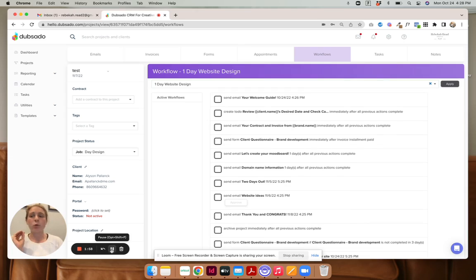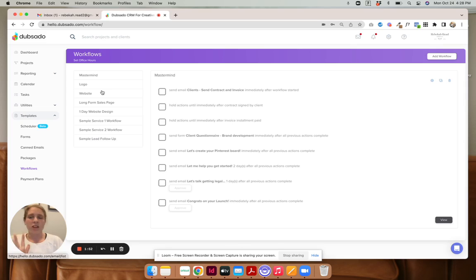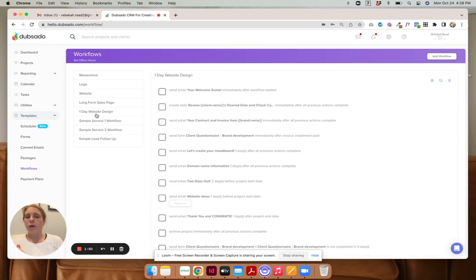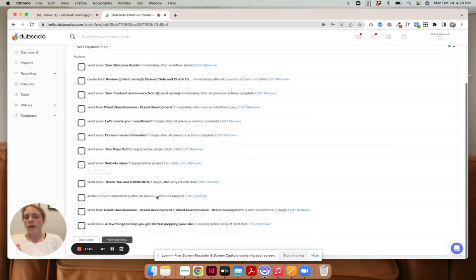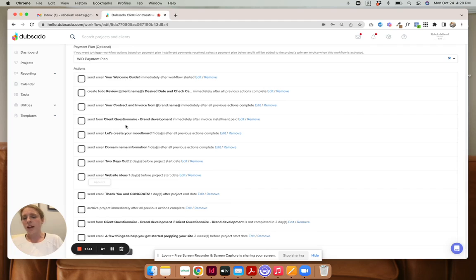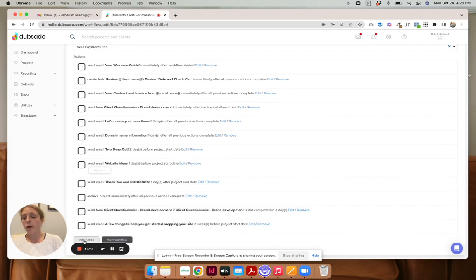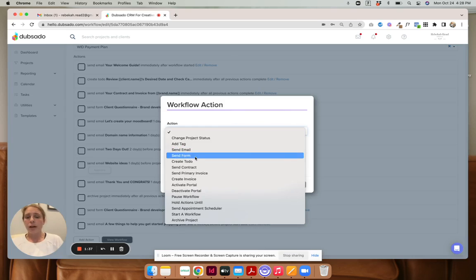So I'm just going to quickly take you behind the scenes of how to create a workflow. There are some other great videos, but I'll just show you really quickly how I do it. So click the settings icon. And if you go down to the bottom, you can add an action. So obviously I've created all these actions and you can go pretty in depth with these, but as you can see here, generally the ones I'm using